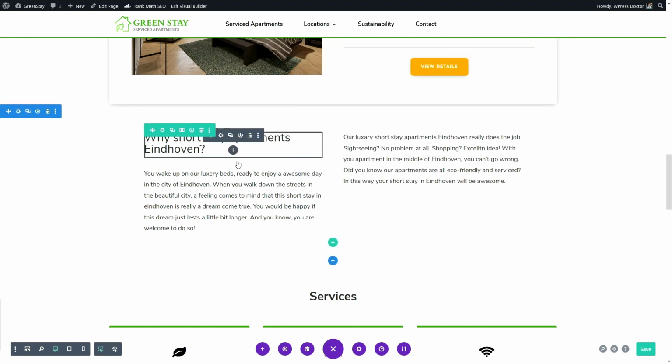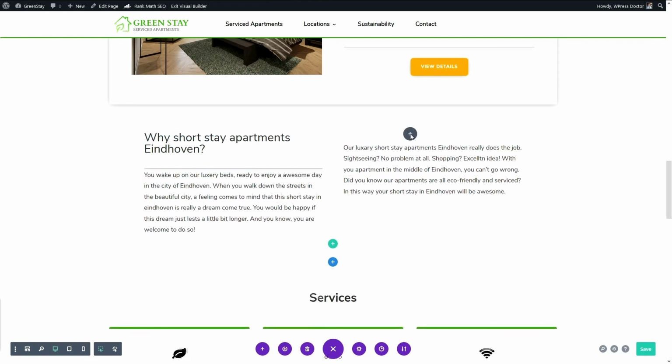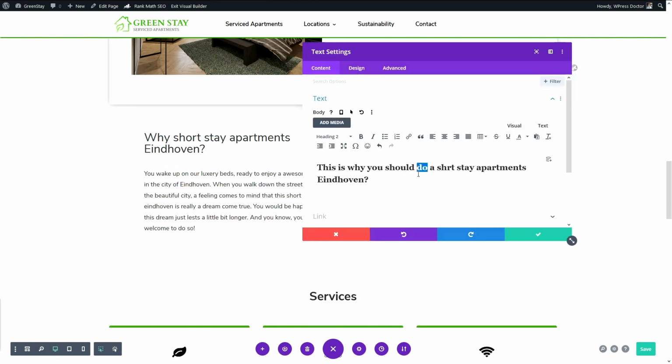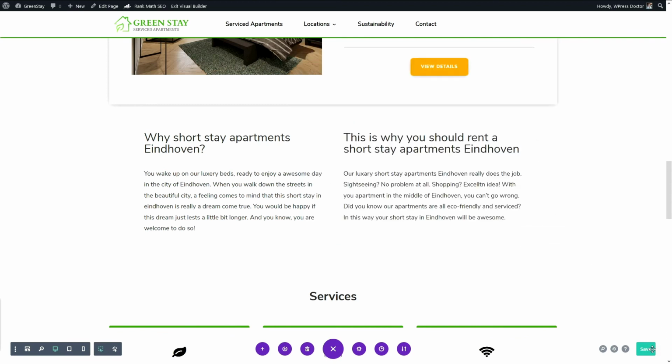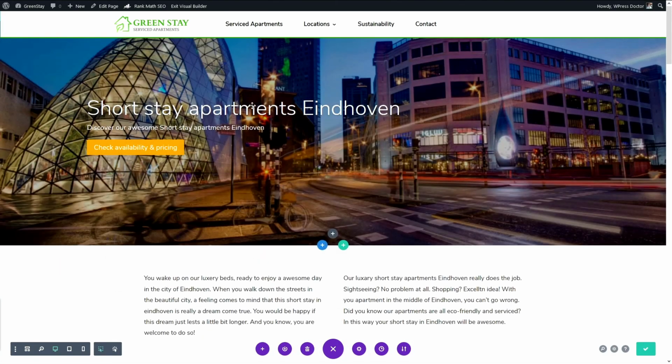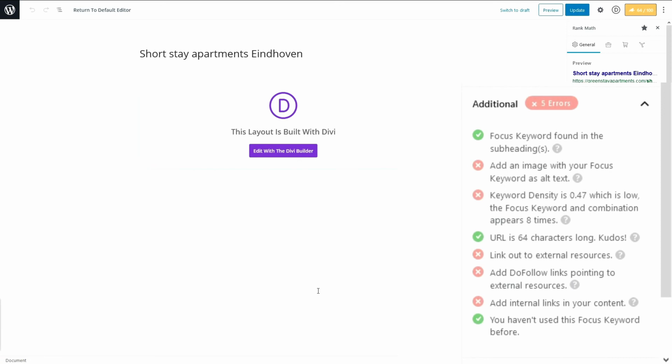We're just gonna duplicate this one and we're going to make it here. This is why you should rent a short stay apartment in Eindhoven. Alright, we're gonna save it, and of course we're gonna change this text later on because now it's exactly the same. And we go back to Rank Math, and now it says yes, focus keyword is found in the subheadings.